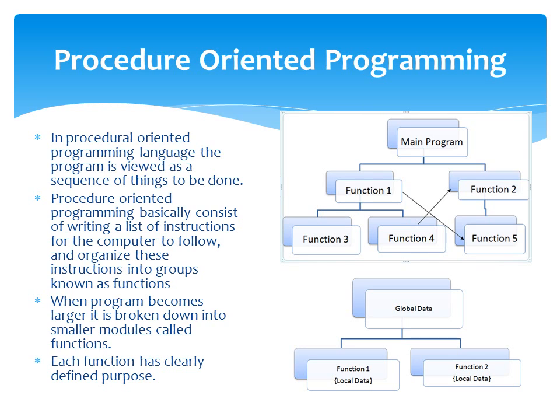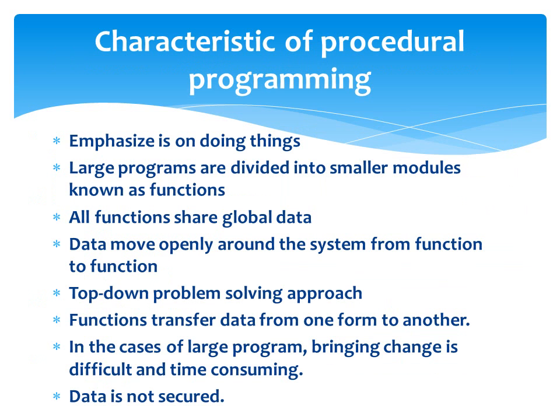So, in procedure oriented programming, data are of two types: global data and local data, as shown in the figure. The global data are the data that are accessible and updatable by all the functions without any restrictions, whereas the local data are the data that belongs to particular functions and so it is not accessible outside that function.